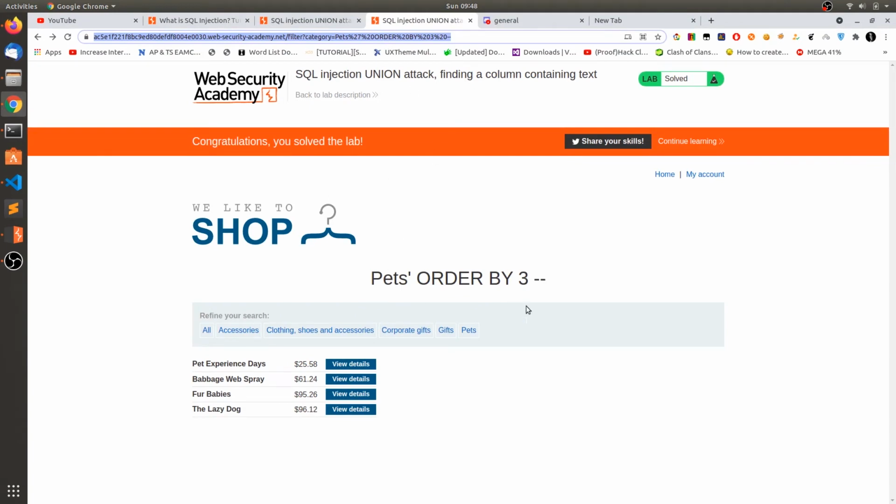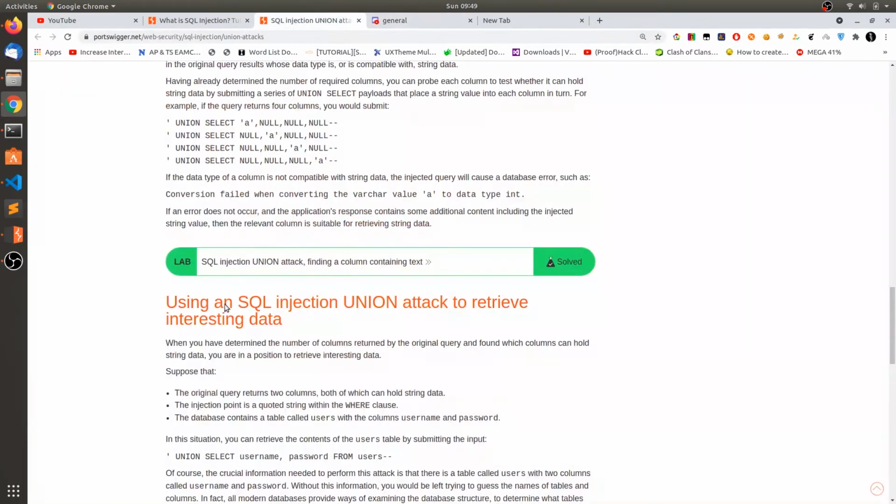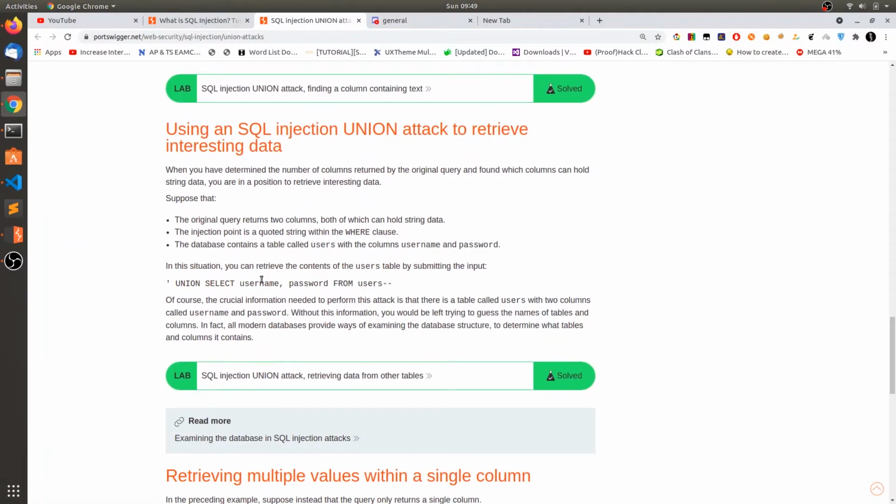So up to now we determined the number of columns and which columns are string type. After finding which column is string type, if there is another database or another table, you can get the fields like this. So let's solve this lab.